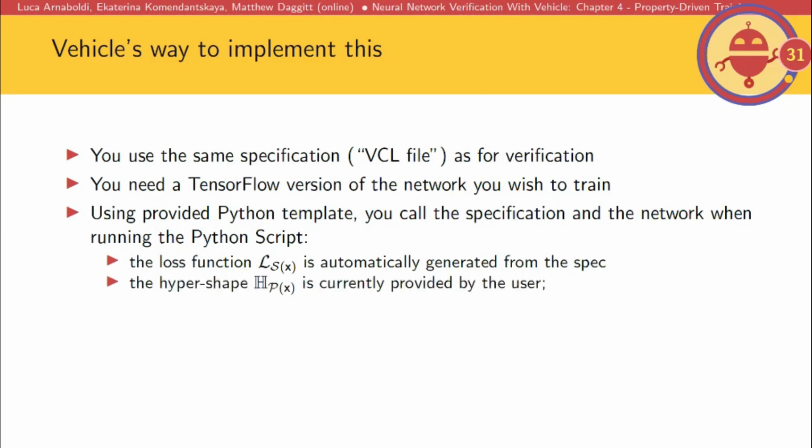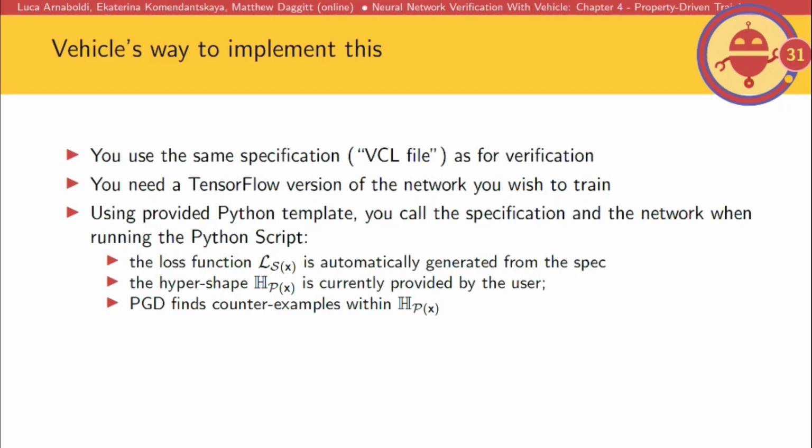The hypershape HPX is currently provided by the user, but we hope to be able to finally, at some point, compile that down automatically. It is definitely possible. And then you just call the standard PGD, projected gradient descent algorithm that you can find